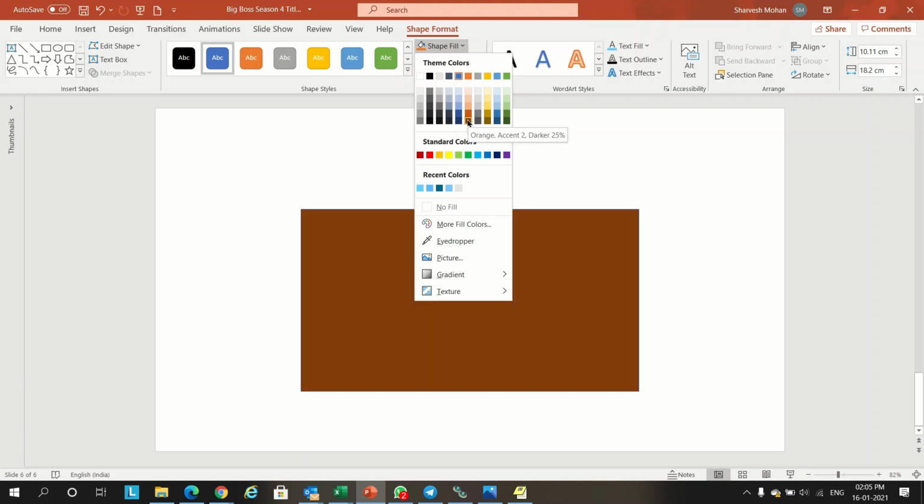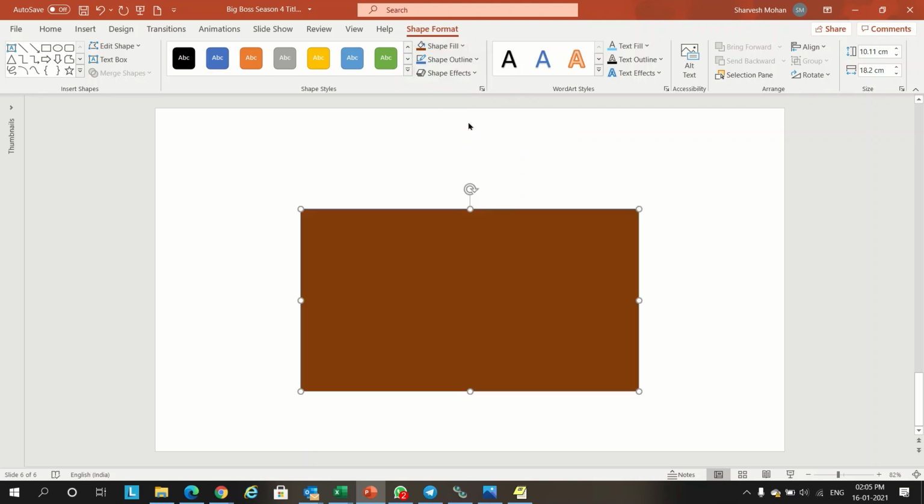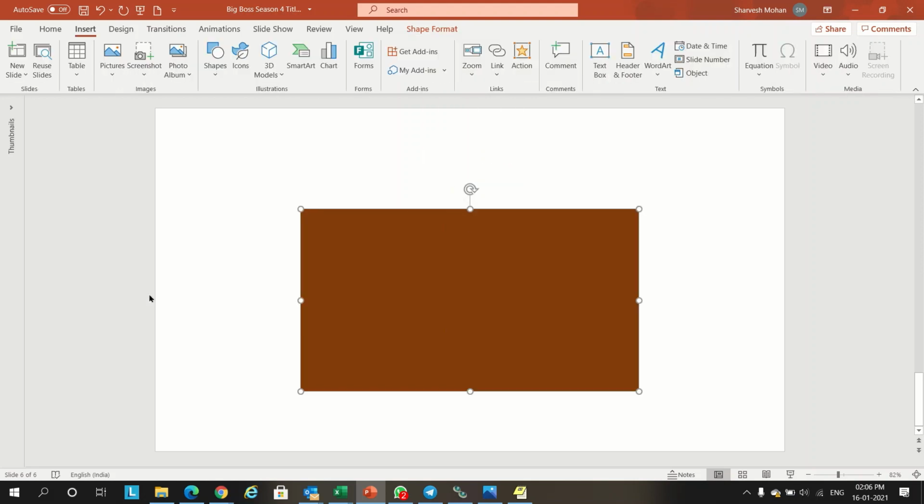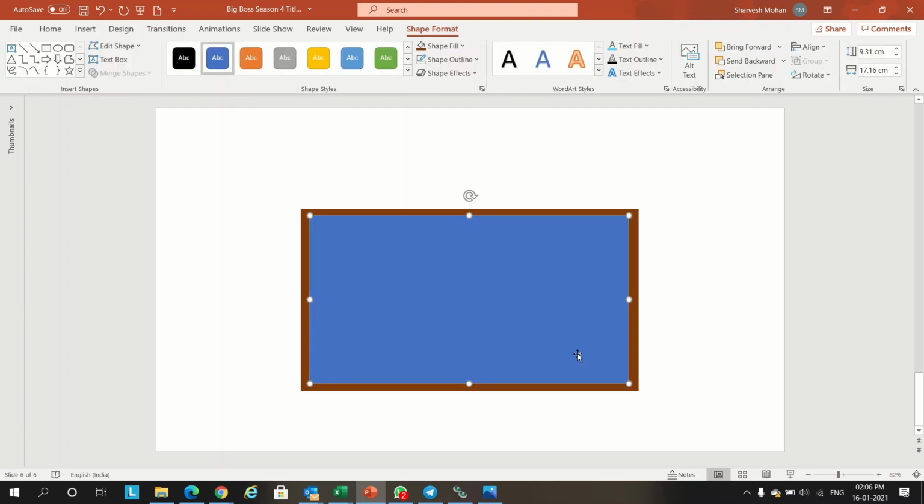Maybe we'll use this color, and the shape outline, no outline. Then we'll insert one more rectangle for the envelope inside to announce the winner's name. Just we'll put it into the center of the slide.